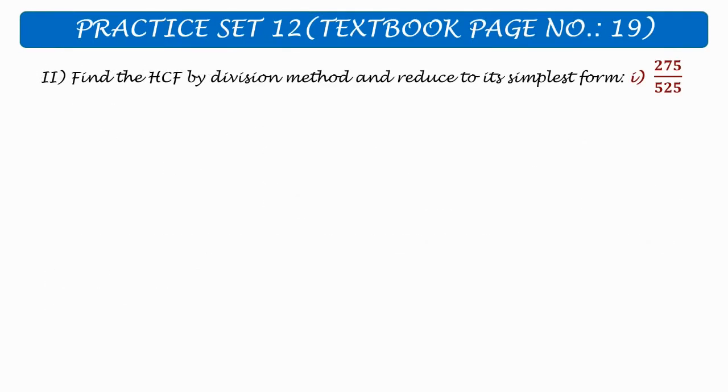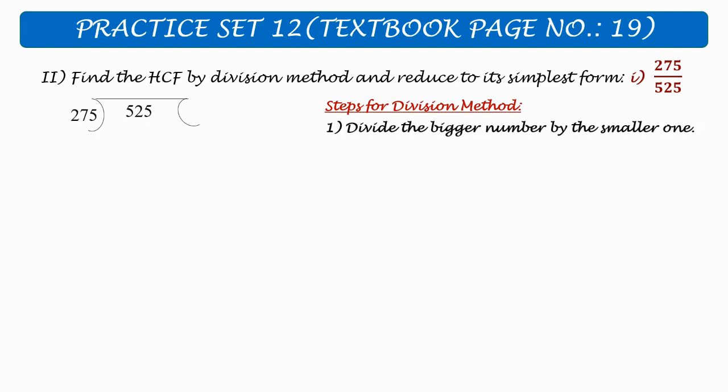Now students, we have the second question: to find the HCF by division method and reduce to its simplest form. The first fraction given is 275 upon 525. Now over here we know that 275 is the smaller one and 525 is the bigger one. So the first step is we have to divide the bigger number by the smaller one. So here we will be dividing 525 by